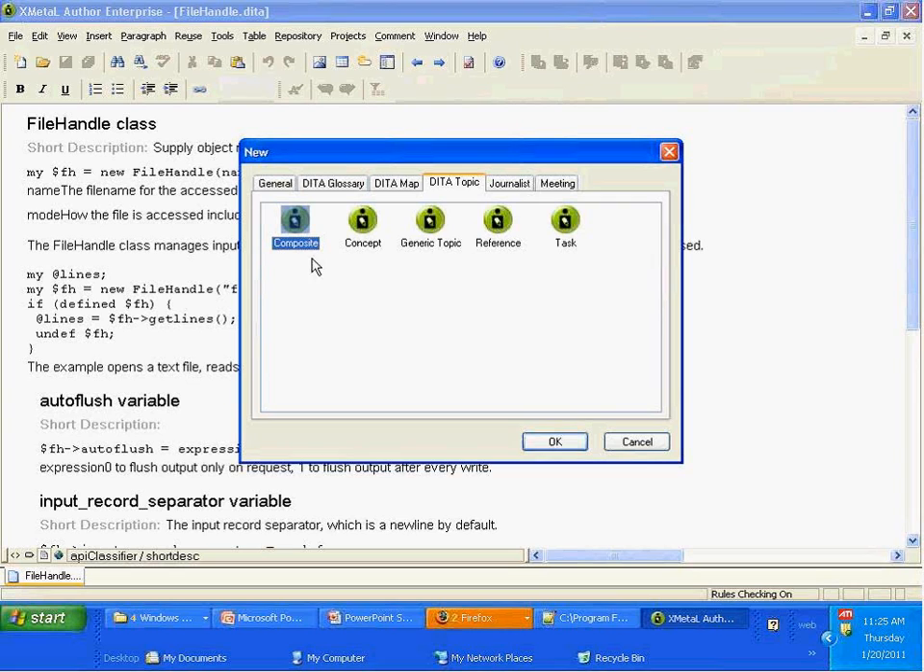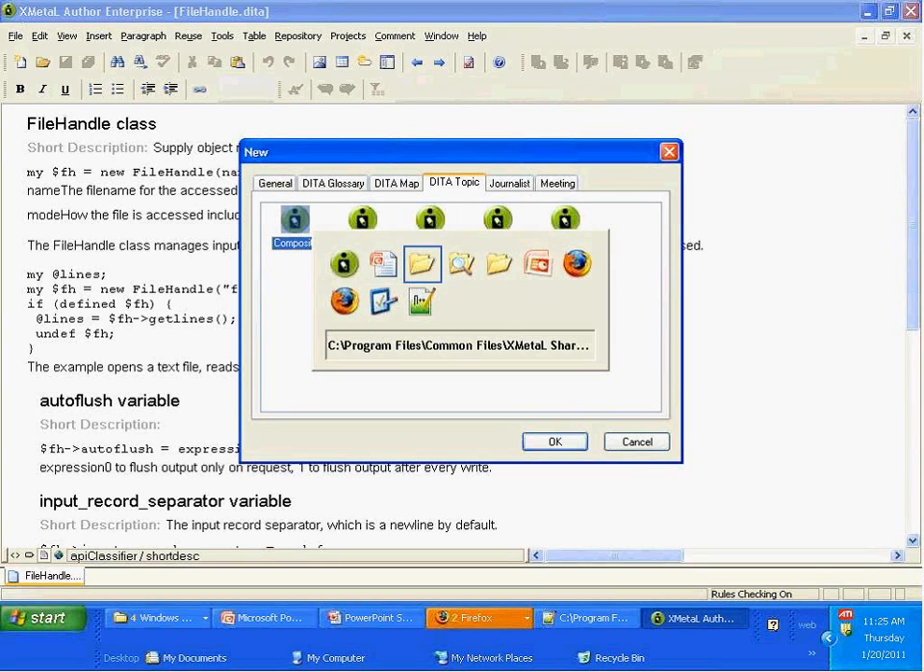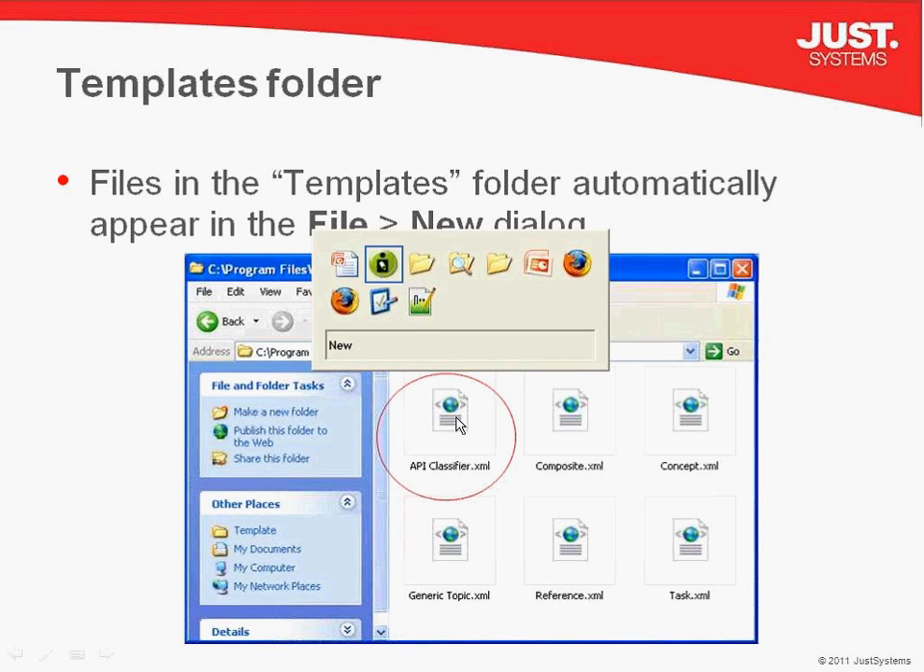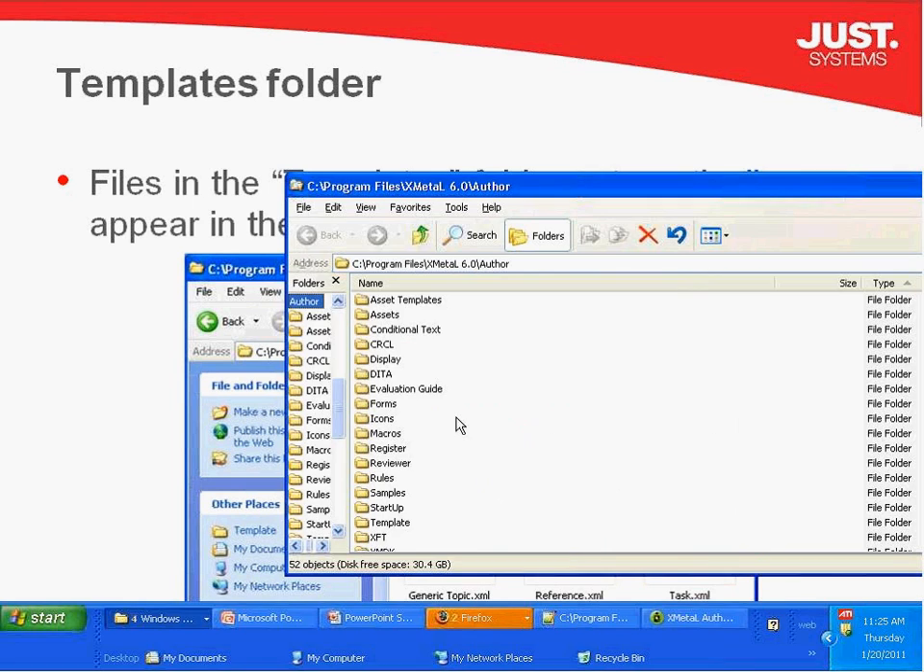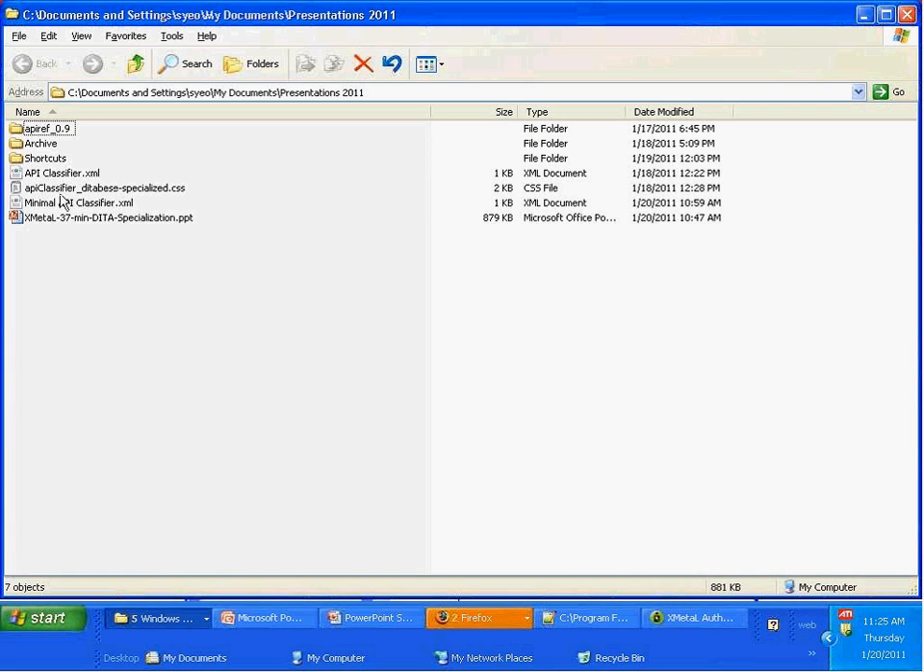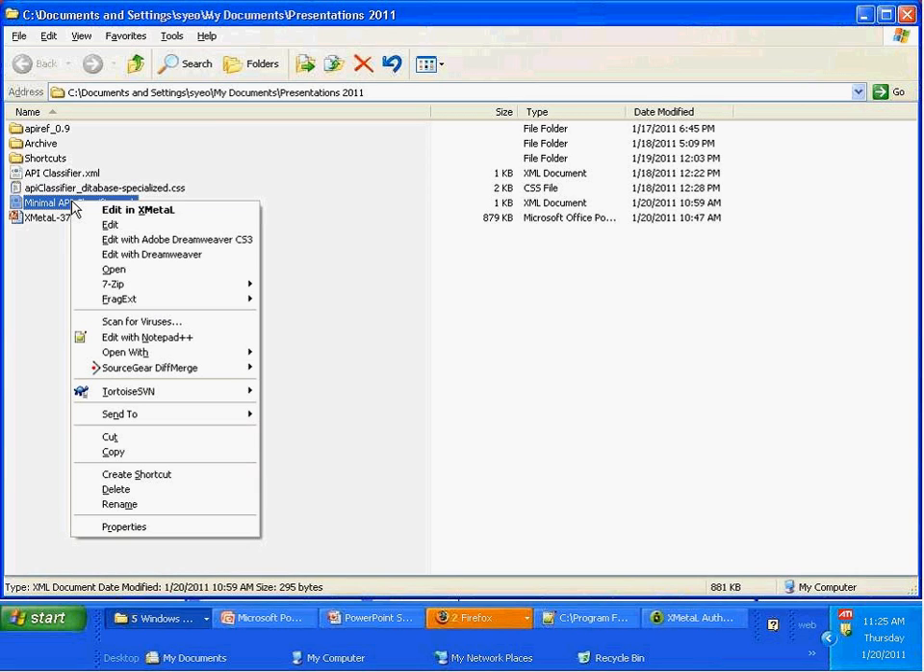Okay, and the way that I get a template to appear in this dialog is by moving a file in here. So there's a little forum post at XML Community Forums that kind of gives you a bit more of a tutorial on creating templates. A template is simply an XML file